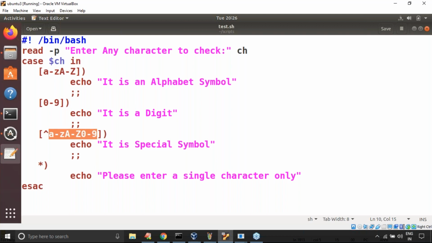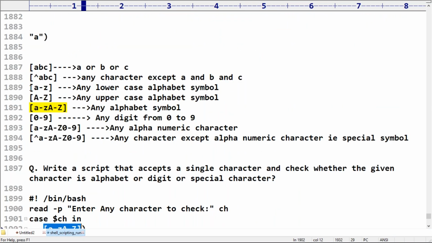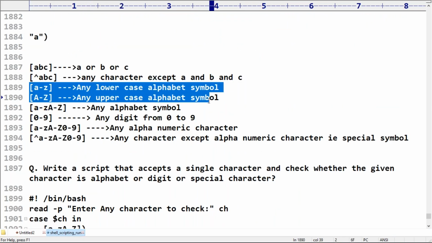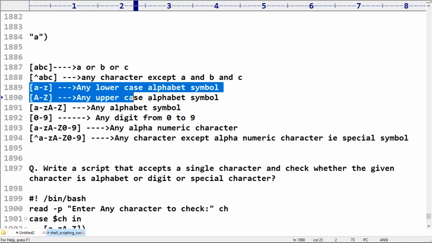But here sometimes what will happen is, from flavor to flavor, small differences are there, sir. Here you can use either lowercase or uppercase. Have you observed in Ubuntu? Of course, while explaining Unix I will discuss these things, sir. Here, this one or this one, both are going to be considered as any alphabet symbol only. In Ubuntu, there is a small problem. There is a twist.